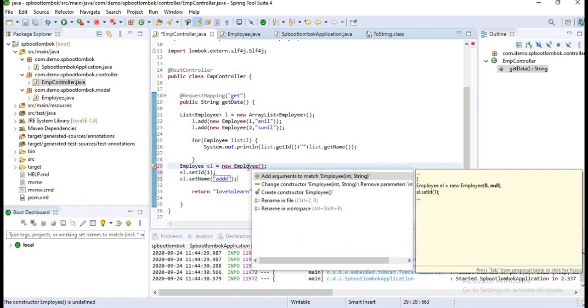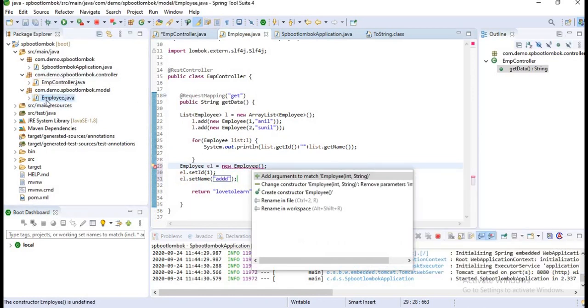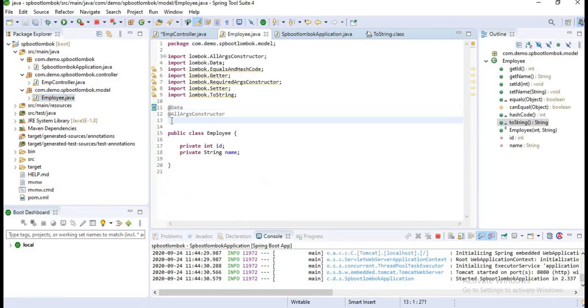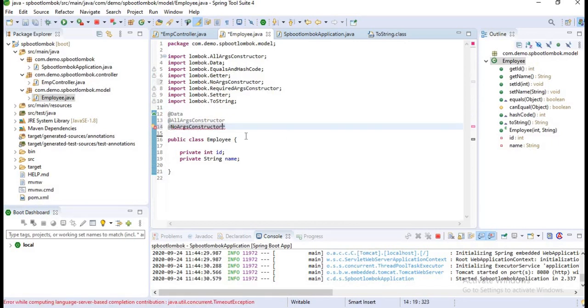What is it? Okay, I got it. I don't have a no-argument constructor here. Let's add it. Okay, I have added it successfully.